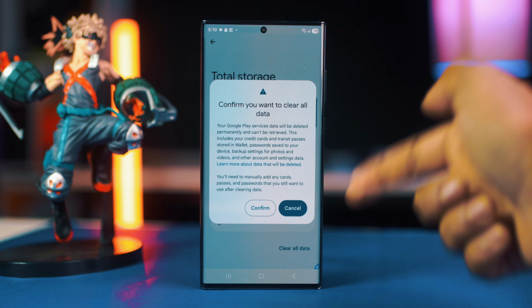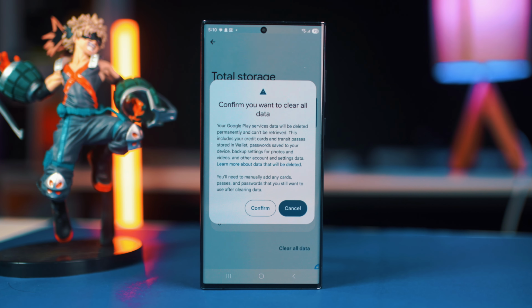And that's it. One of these steps should solve the problem with the "app won't run unless you update Google